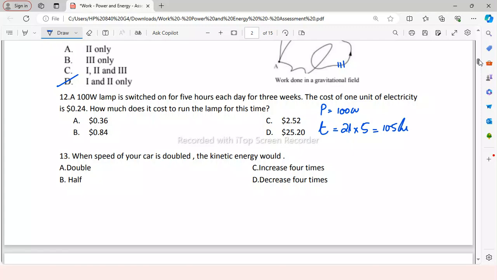Then the cost of 1 unit of electricity is $0.24. How much does it cost to run the lamp for this time? पहले तो हम ये पता करेंगे कि टोटल इलेक्ट्रिसिटी कितनी कंज्यूम हो रही है, राइट, एनर्जी कितनी कंज्यूम हुई है, और फिर हम देख लेंगे कि अगर 1 यूनिट की कॉस्ट ये है तो जितने यूनिट्स अब कंज्यूम हुए हैं उसका टोटल बिल क्या बनता है, राइट। पहले हमें पता होना चाहिए दी कमर्शियल यूनिट फॉर इलेक्ट्रिसिटी इज किलोवाट इनटू